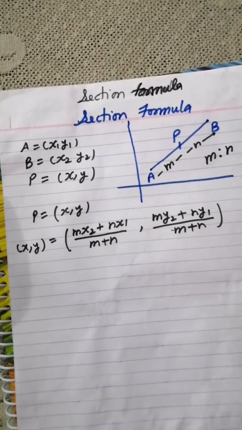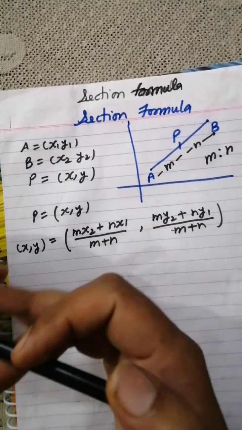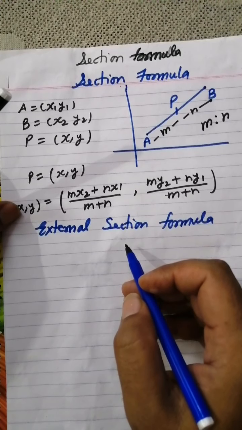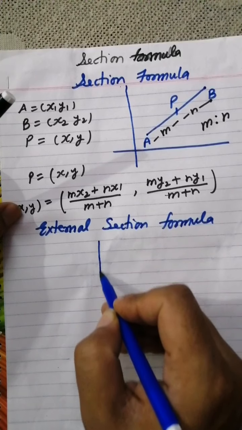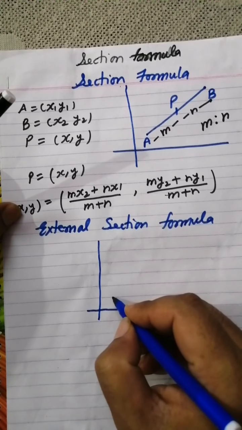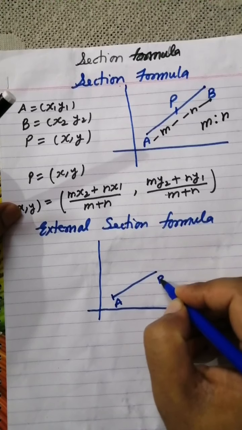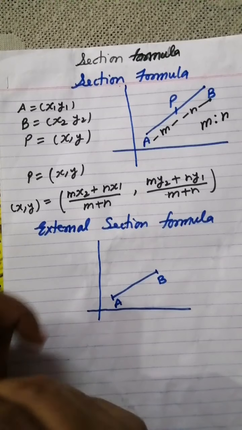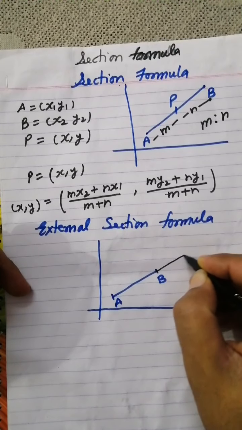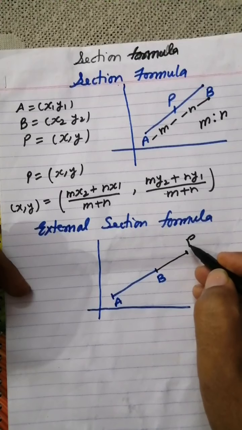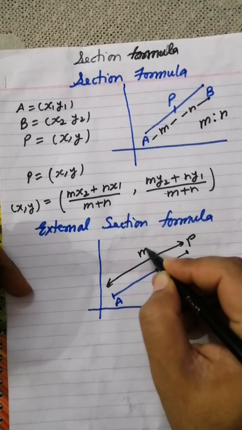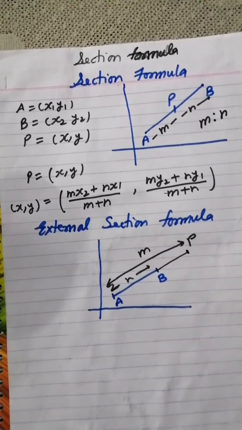If a point P is going to divide a line segment AB internally, then this formula is used. Now, one more case is external. This external section formula is not in our syllabus, but still you can study it. What is that? Suppose this is a line segment AB. Now there is another point P which is going to divide this line segment in the ratio m to n, but now it will be external. P is here. Now this point P divides this line segment in the ratio m to n. From here to here it is m, and this part is n. So it is called m to n.